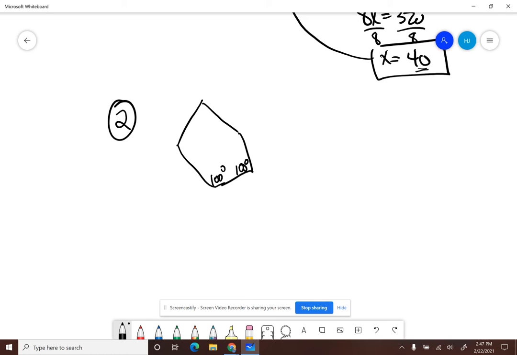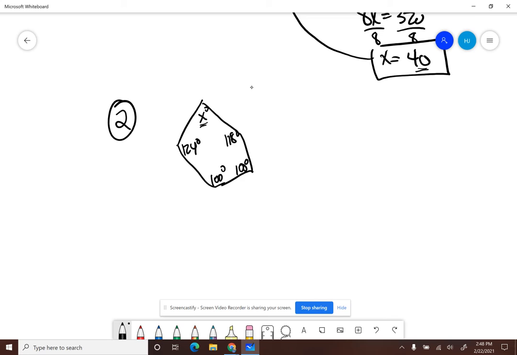So let's say those two angles are 100 degrees. This one is 124 degrees. This one is 118 degrees. And let's say this is the one I'm actually looking for. Okay, so again, I don't know what the value of x is, but I do know how many sides this